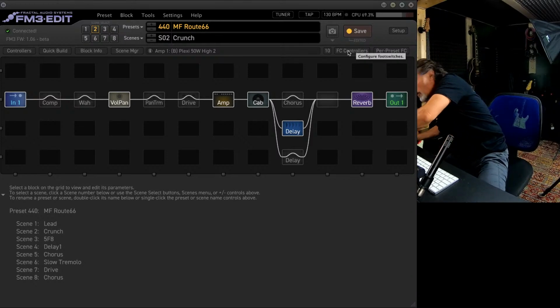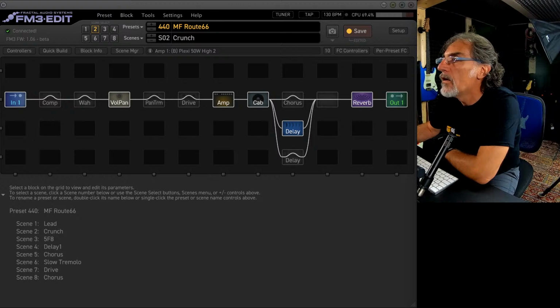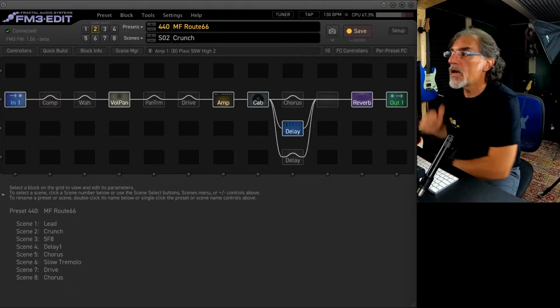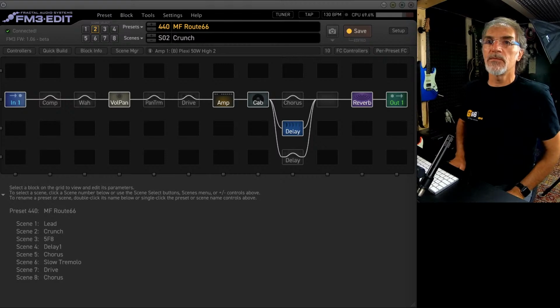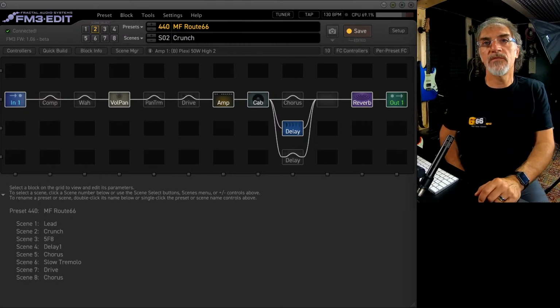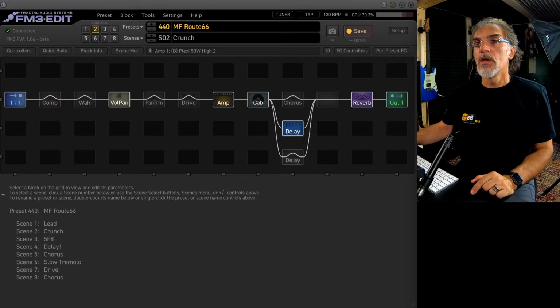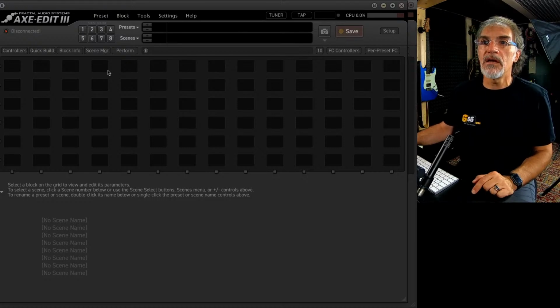Okay, so let me check if there are some questions. Assuming it's possible, how does one share presets and blocks from the XFX to the FM3? Any preset from the FM3 you can export to the XFX3 without any problem, and you can also do the vice versa, if you respect the limits, because with the Edit 3 the matrix is much larger and you have many possibilities.